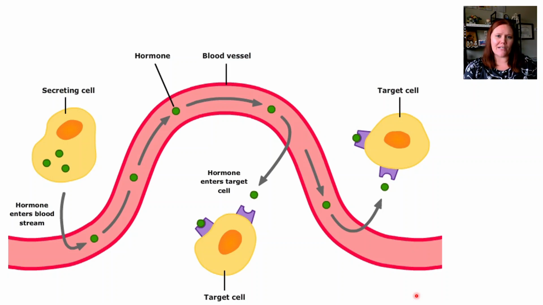When we talk about the endocrine system, we're talking about the system that your body uses to send hormones throughout your bloodstream. Different cells throughout your body, often grouped together in organs, like your anterior and posterior pituitary glands or your pancreas, have cells inside of them that secrete particular hormones or particular messages. Those messages get into the bloodstream, travel throughout the bloodstream, and leave the bloodstream at various places. If they find a cell that is their target cell, that hormone that's been released will cause a change in